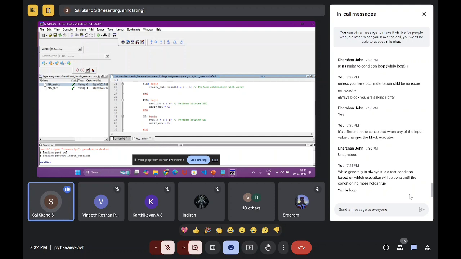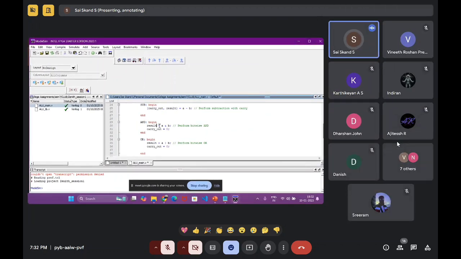One more thing I'd love to talk about is the equal to. We have seen a normal assignment in all programming languages, but here there is another type of assignment. Something called non-blocking and blocking. This normal equal to is called a blocking assignment. Okay, so this makes sure that the next lines of code execute sequentially, one by one.